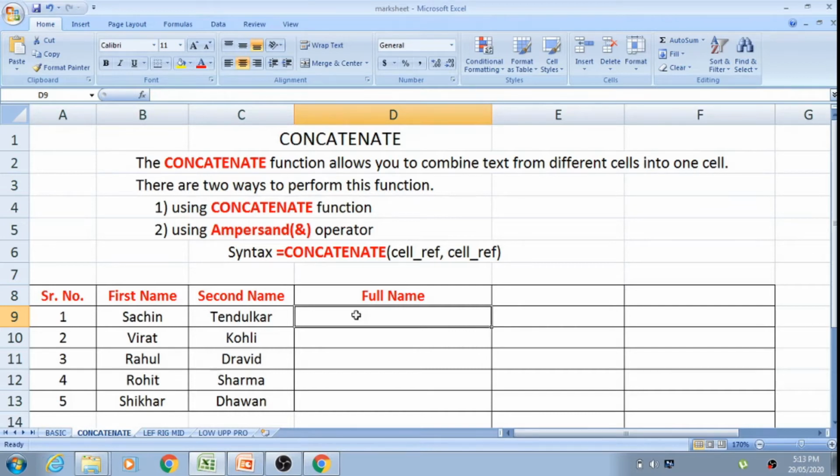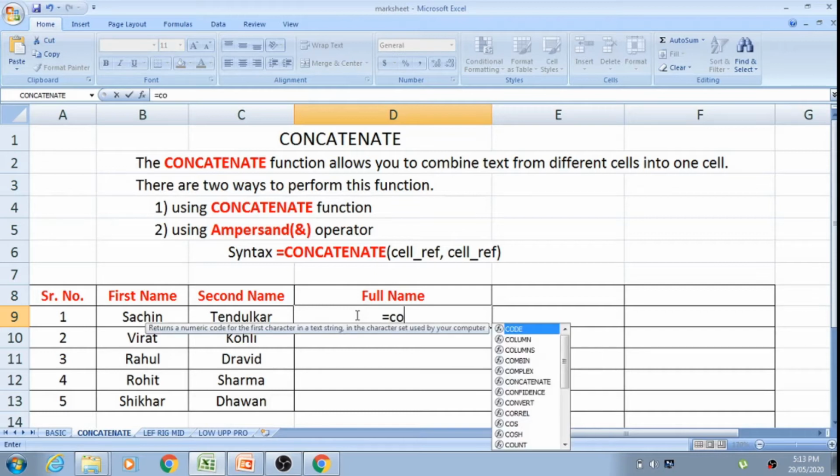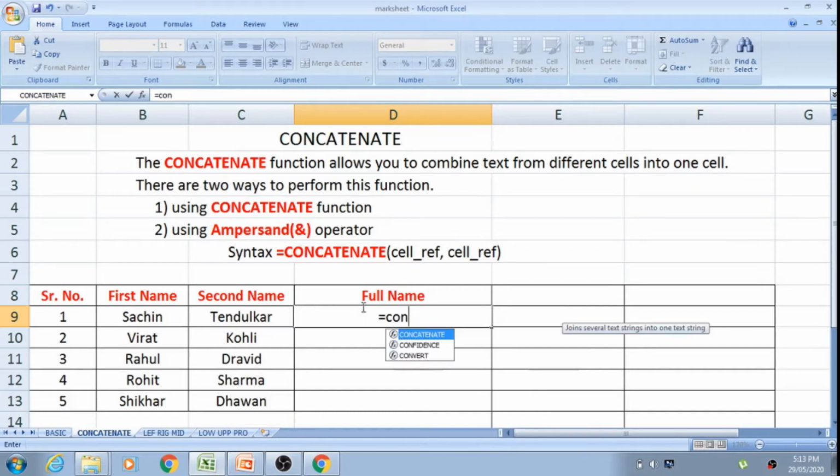First start with the equal to symbol. Then type the concatenate function. When you start typing, automatically this box will come and you can see the function is already there. So just select it. Now here in bracket, it is showing me text 1 comma text 2. That means it is asking me for the first cell reference.